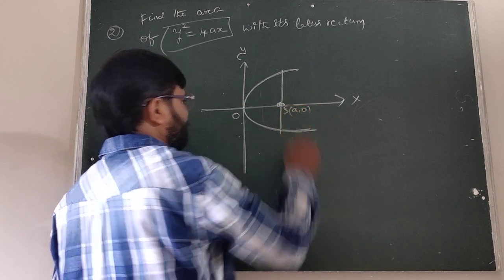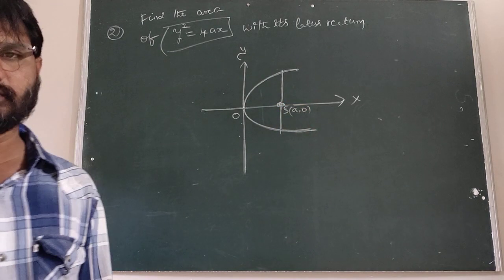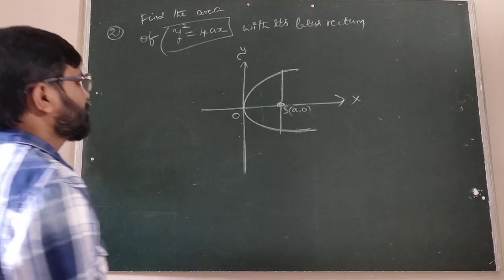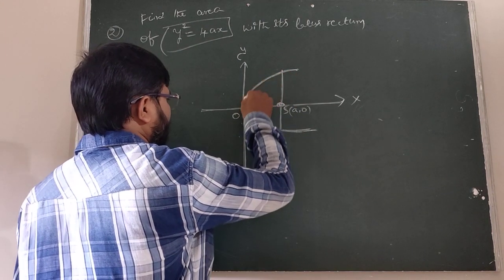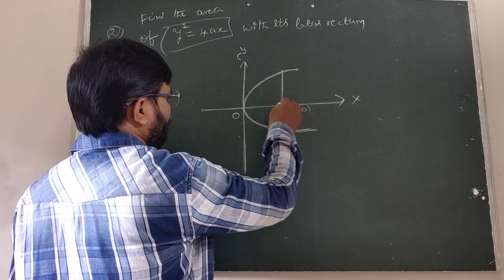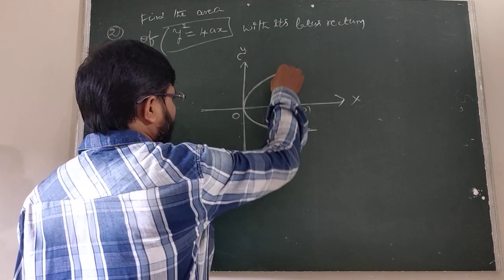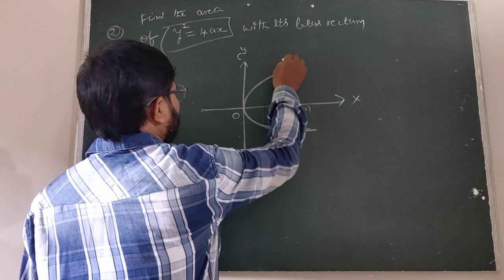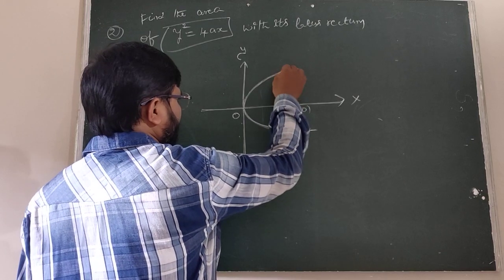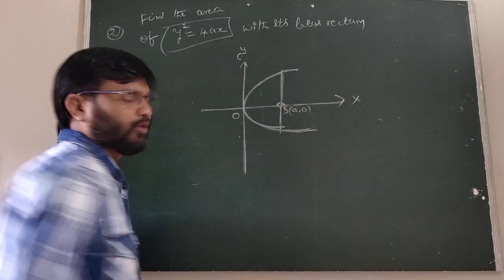This complete information you will learn in the parabola. But this is called the parabola. All of you listen here. This is the parabola, and this is the focus. Therefore, this line is simply x equal to a. Is it clear or not? This is x equal to a.